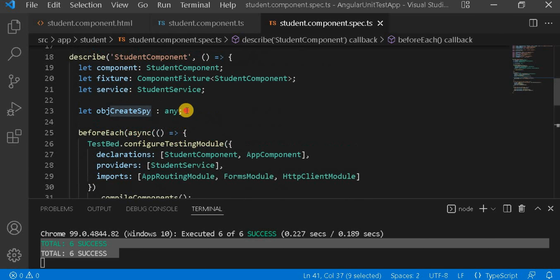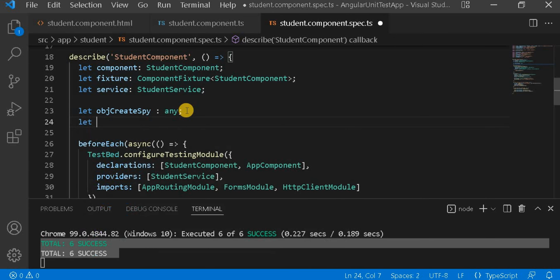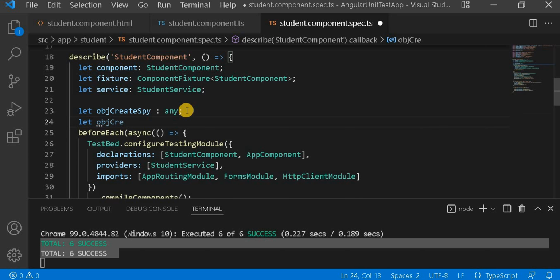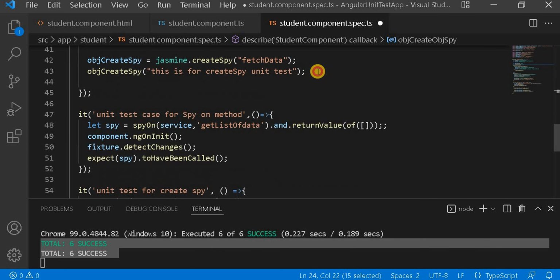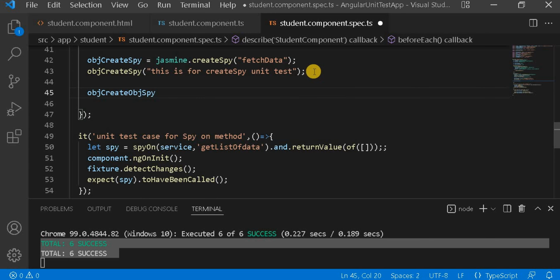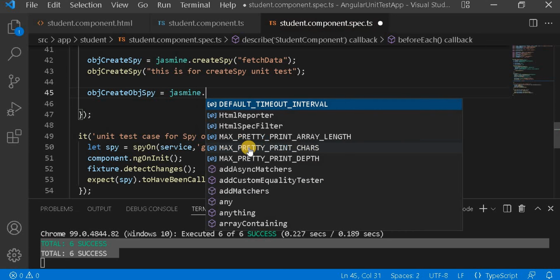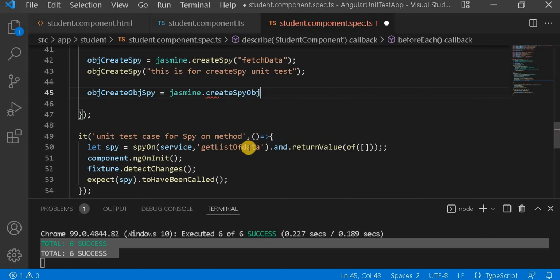Now next thing, let's take another object, createSpyObj, and similarly we have to define it here, similar to this one, jasmine.createSpyObj.